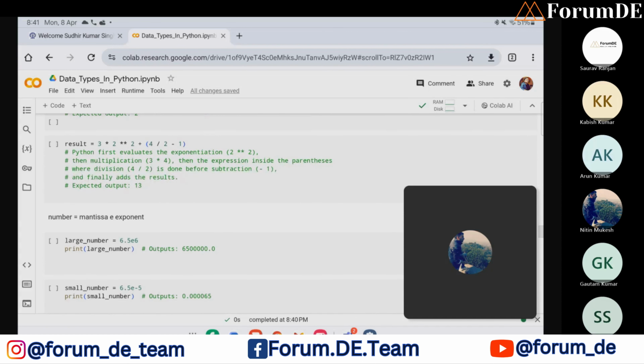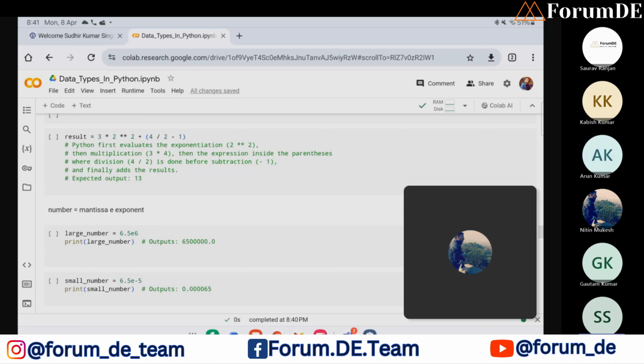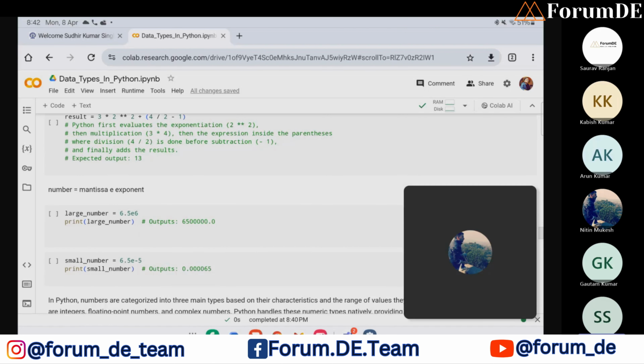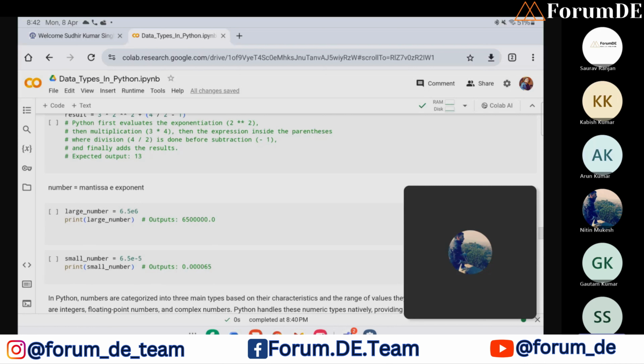So there may be sometimes a case where we need to represent a number in its scientific form, when the number will be large. Like Avogadro number, which we must have studied in our science classes. So how to write that large number in exponent form? We can write a large number in the form of like 6.5 e power 6.